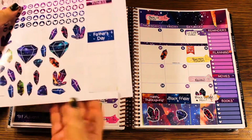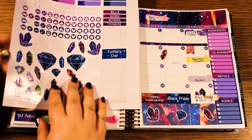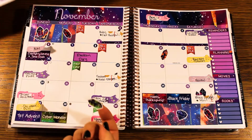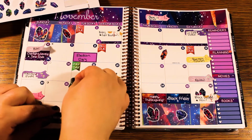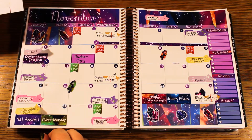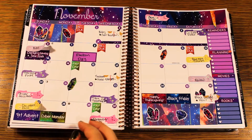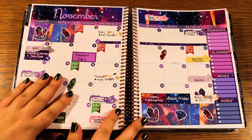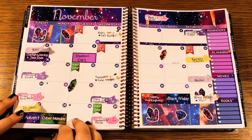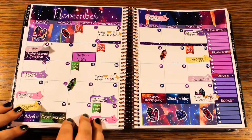I feel like we need a little bit more decoration over here. I like these stickers, but I don't want to cut them out. That's okay. We'll use the green one. I don't think we have a lot of, well, we do have a lot of green. Okay. And I think I'm gonna call that good, just because I don't know exactly what's going to shape up towards the end of the month, and I don't like my monthly spreads looking too cluttered. So we are going to call it good for now, but overall I think this spread turned out absolutely gorgeous,